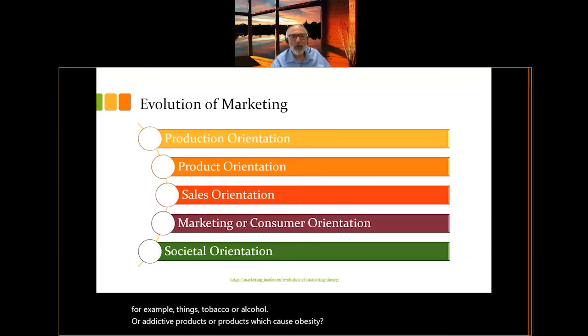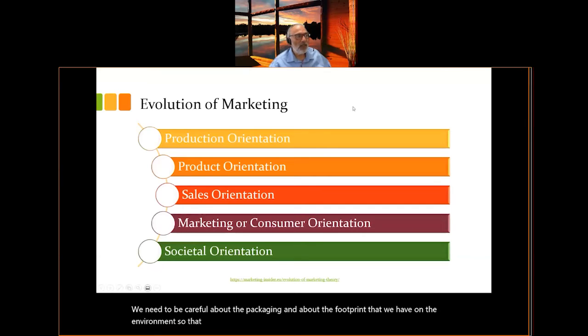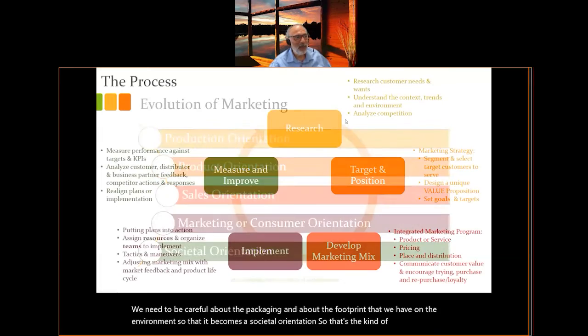Now we need to be careful. We cannot market to children. We need to be careful about the packaging and about the footprint that we have on the environment. So that became the societal orientation. So that's a kind of evolution of marketing,